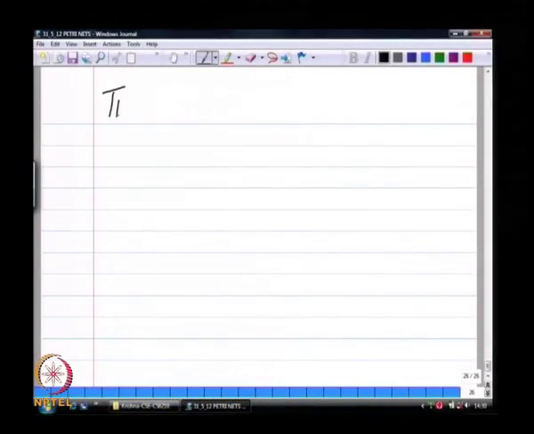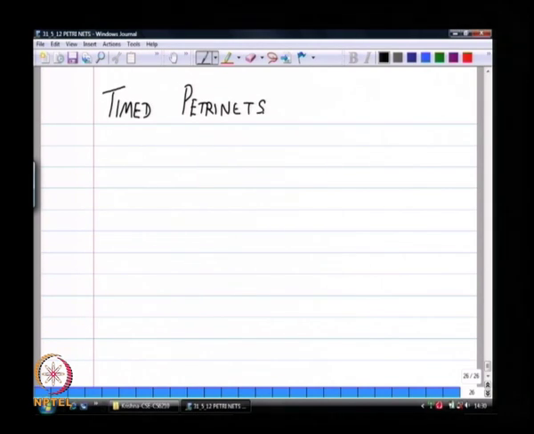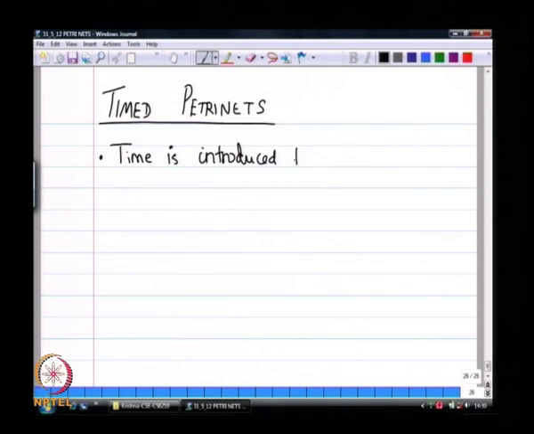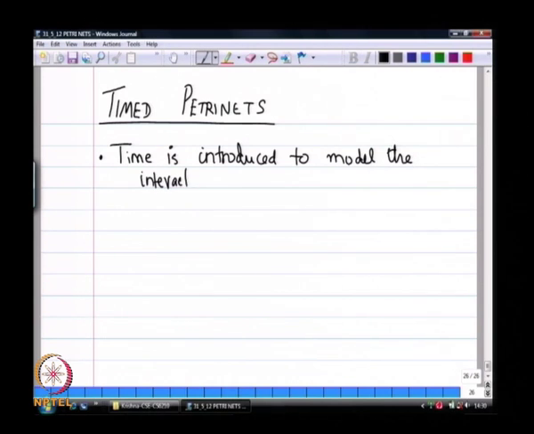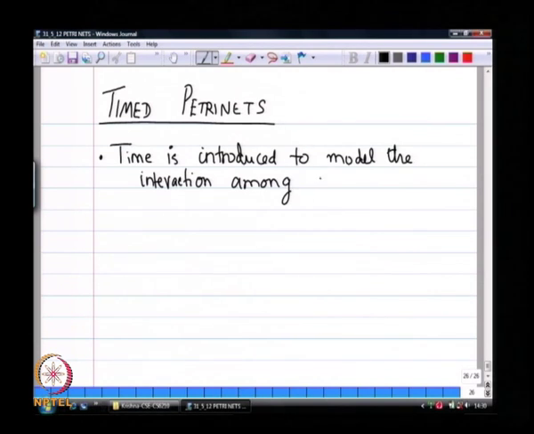So we saw the extensions, now let us look at a different kind of extension called the timed Petri Net extension. So the basic idea is to introduce time, the notion of time. Time is introduced to model the interaction among activities, considering their starting and completion times,